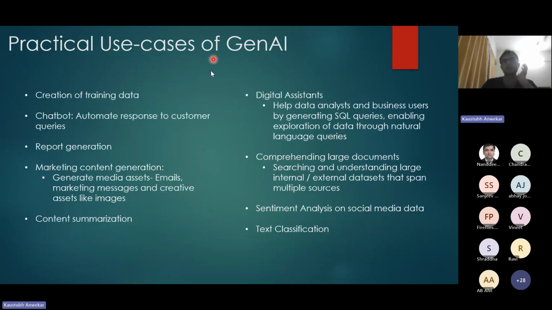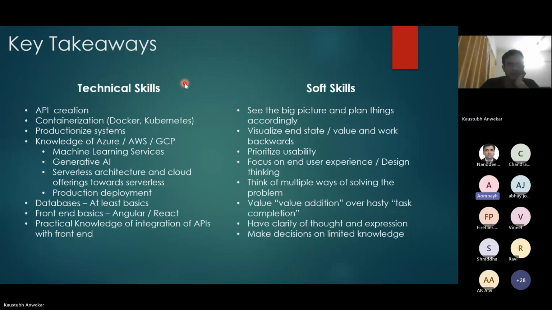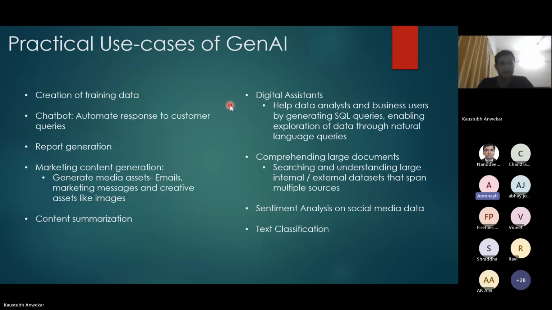Yeah, these are some practical use cases we see. Is there a question? In case there's no question, can you go on mute, please? Thanks. So these are some practical use cases that we see: creation of training data, chatbot to automate